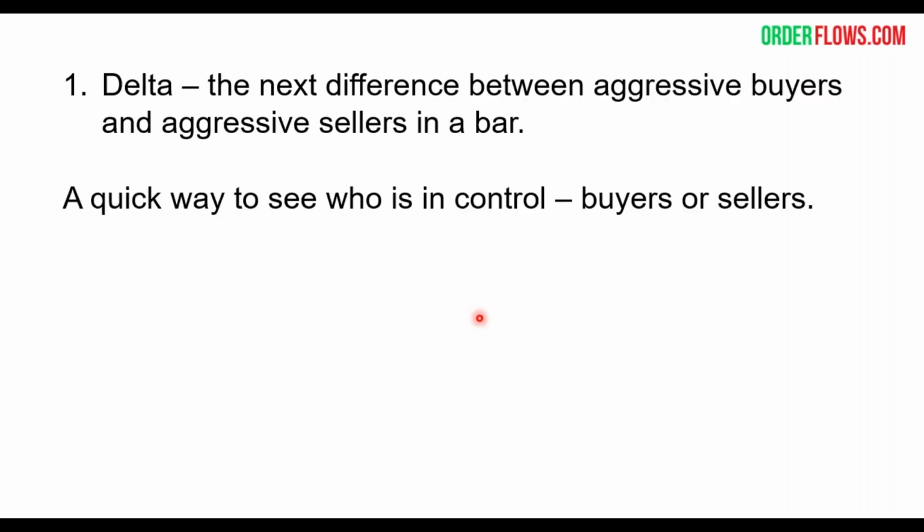So the first one is delta. Again, it's the net difference between aggressive buyers and aggressive sellers in a bar. It's a quick way to see who's in control, buyers or sellers. So sometimes it's pretty evenly matched. Markets weren't existed for